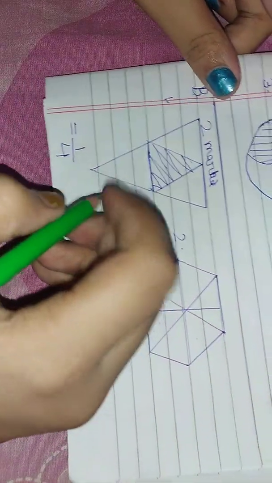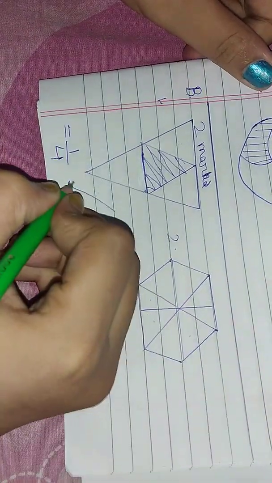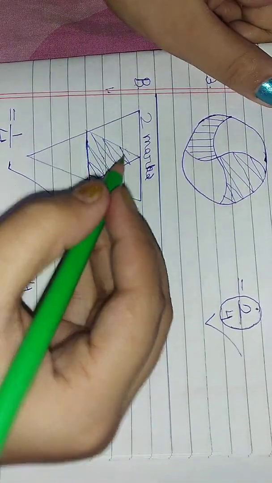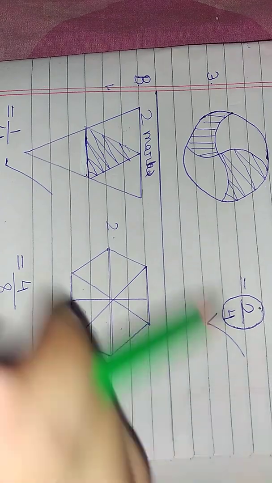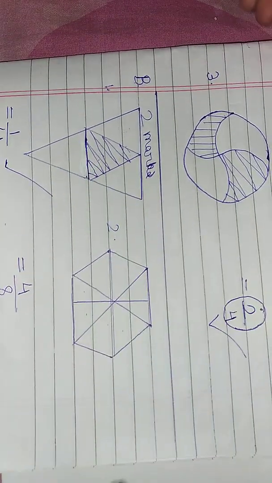So if you have done this, give it a tick mark. And don't think that only if you have done it here will you get the marks. You can do it here, here, here, anywhere, but you have to fill one part.